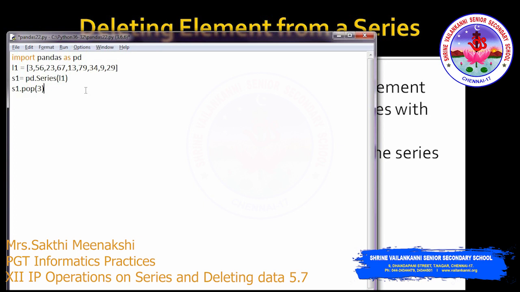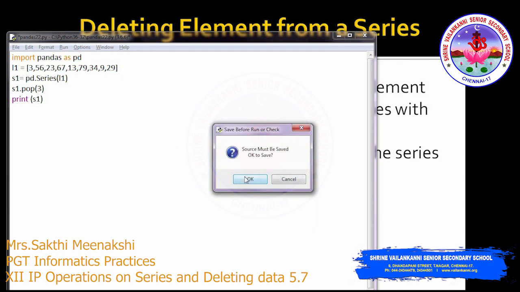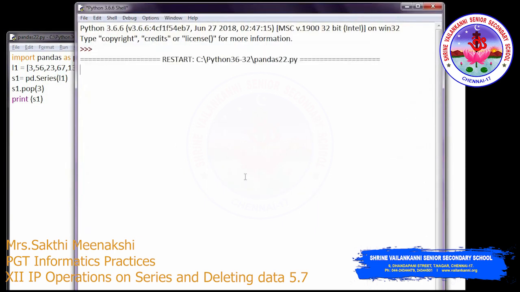The same thing you can do here. So s1.pop(3), if you print it in the next line, it deletes. If you are using the drop method and you are printing in the next line, it won't affect, because the drop method gives you a new series. But the pop method alters the existing series. So the s1 series will be altered, and if you print it in the next line, you will get the result without 3.